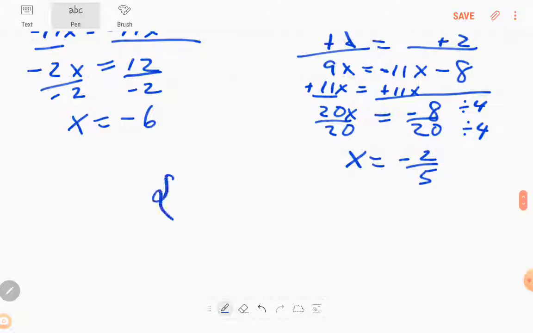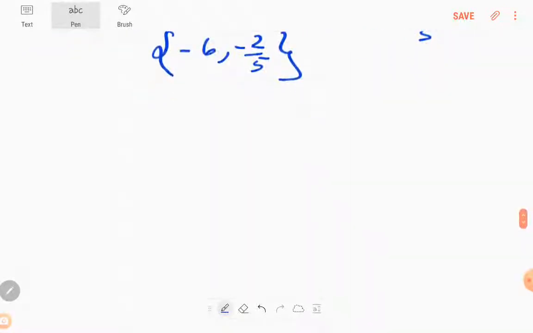So I have x equal to minus 6 and x equal to minus 2/5. Okay, and then we can do checks on this. So I'll do a check with a fraction, and then you could do a check with the minus 6, but you'll see that they both hold true. So let's do the check with the fraction here. So we have 9 times minus 2/5